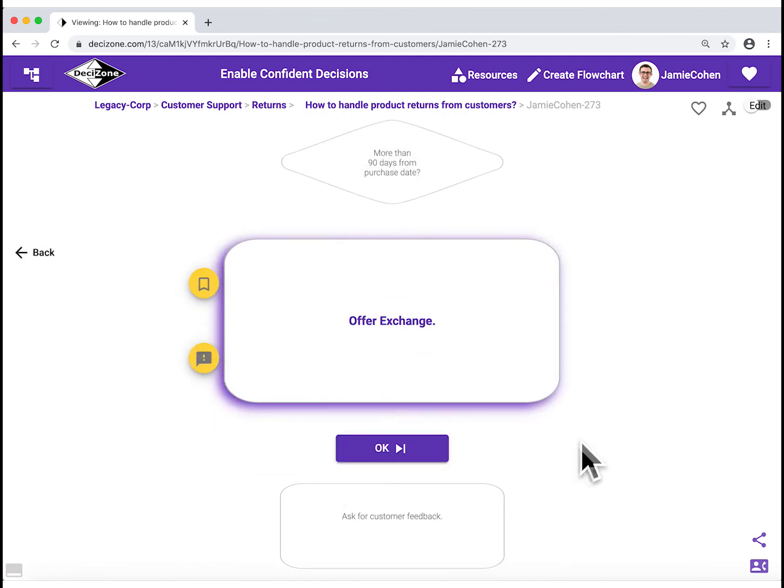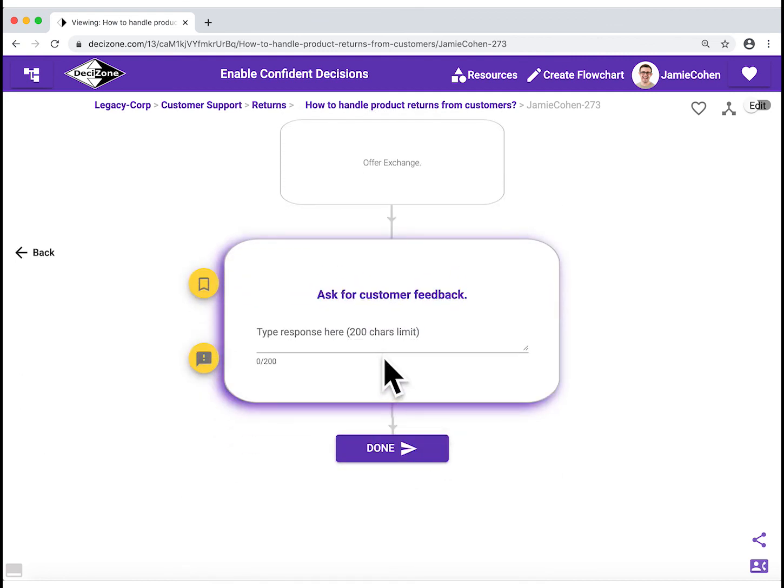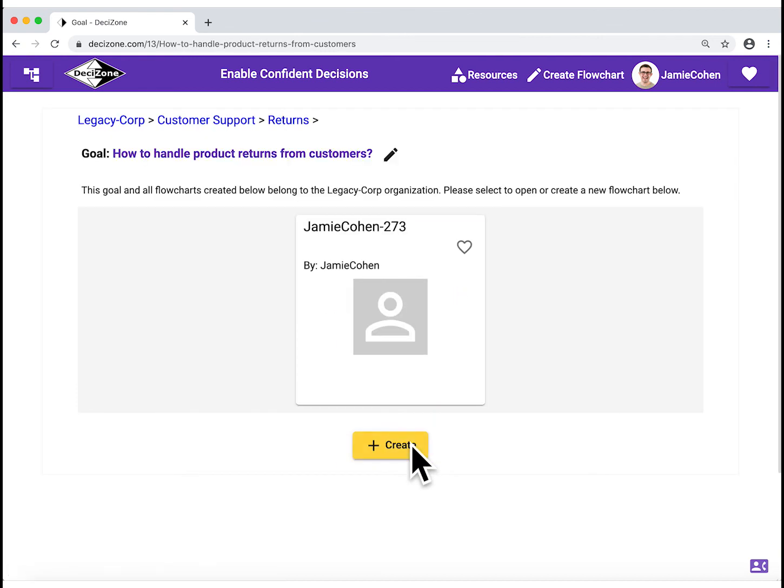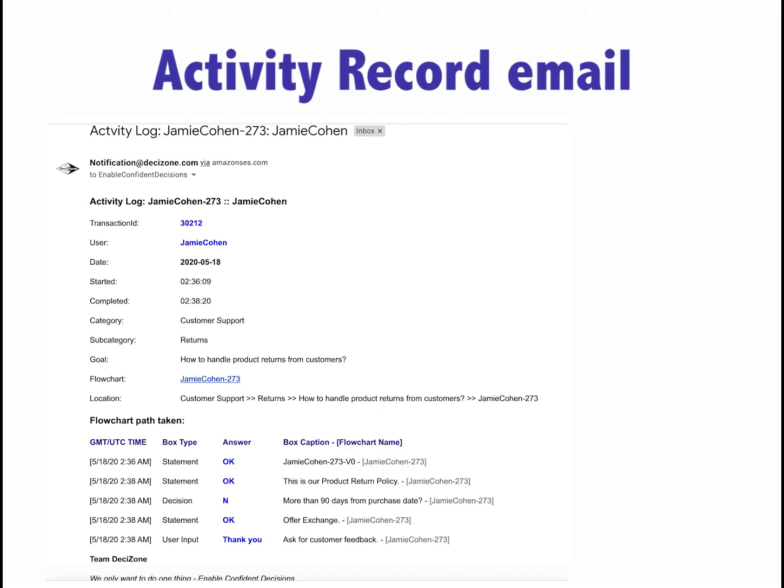I'm going to quickly navigate through the flowchart so we can take a look at the activity log email that gets sent automatically. Now let me open the email I just received from this activity. The first part of the email includes the details about the viewer's interaction with your flowchart. The start time and the end time could tell you how much time it took the viewer to reach your customized recommendation based on their choices. The timestamp is for the standard UTC time of the GMT time zone.